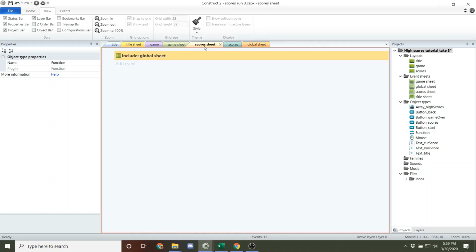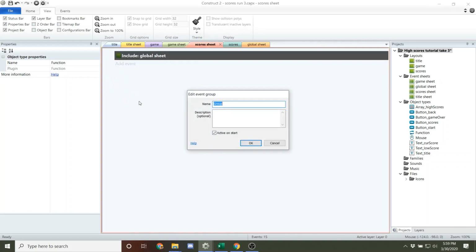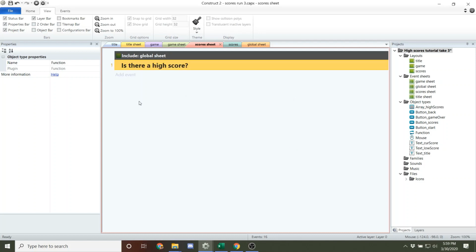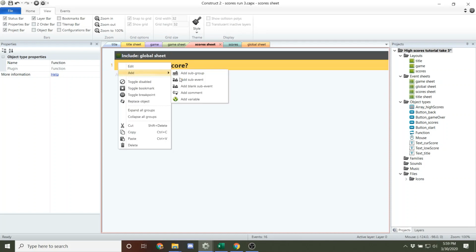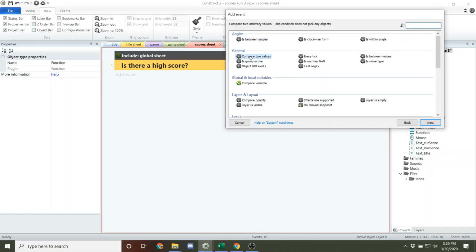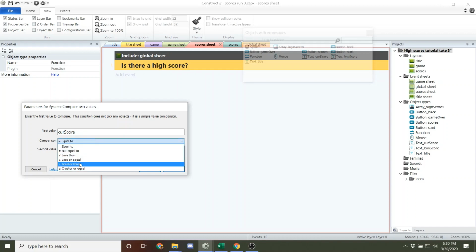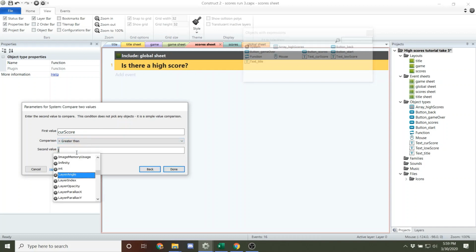Now what we want to do is in our score sheet, we're going to add a group. And we're going to say, is there a high score? Kind of literal once again, but that's okay. And we're going to add a sub event in which we're going to compare two values. So if cur score, I should say, is greater than lowest score,